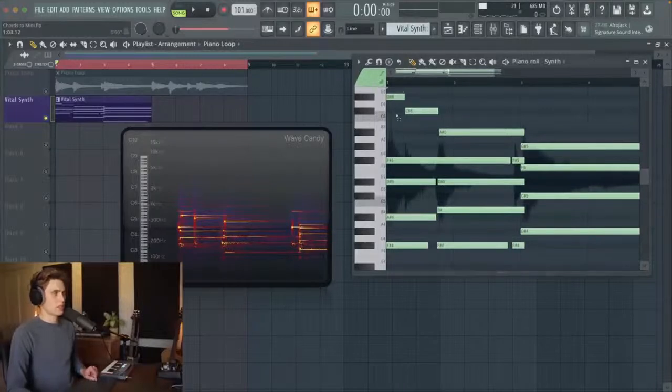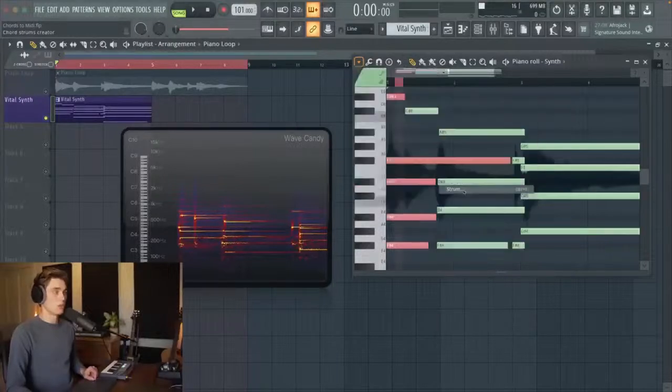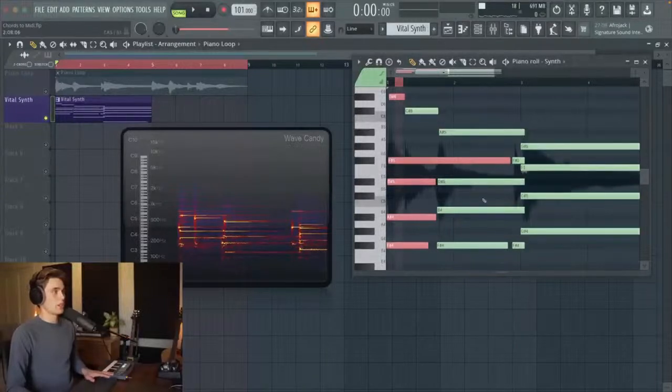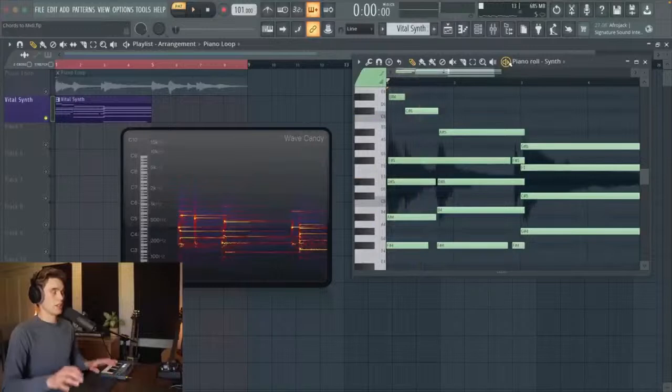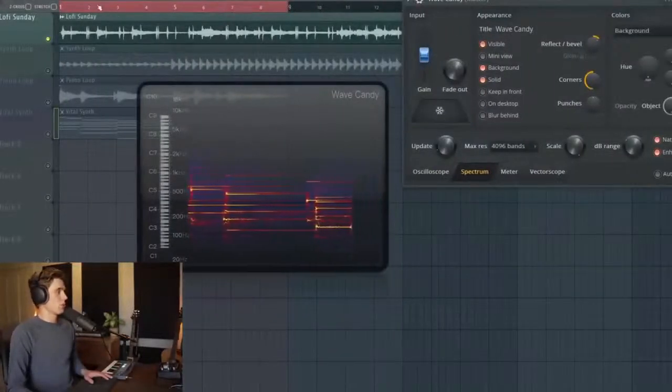Something we could do to make this sound a little bit better is to select some of the notes and then use one of the tools here. So tools, the strum tool, what we can do is just sort of roll this a little bit. If I just play this here. Yeah, okay, so it adds a little bit more of a roll when it's being played so that it's not quite so static. But if you've got a sample that's a little bit more complicated,